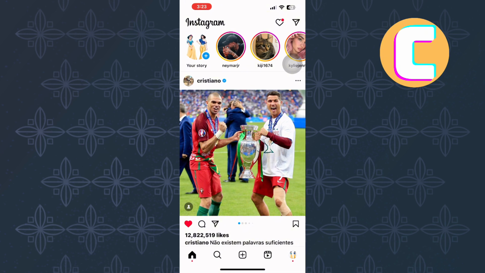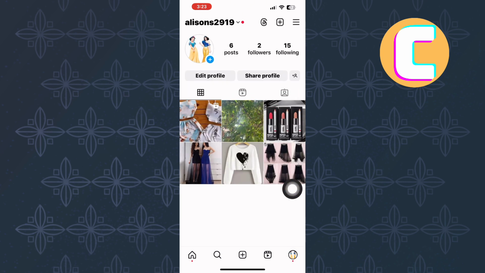You will land on the homepage of the app where you will see different posts that have been shared. After that, proceed and tap on the profile icon at the bottom right corner of the screen. This will take you to the profile section of your app, just like you can see here. For what I'm going to show you to work, you have to be using a professional account. If you are using a personal account, then follow the steps I will show you and switch your account to